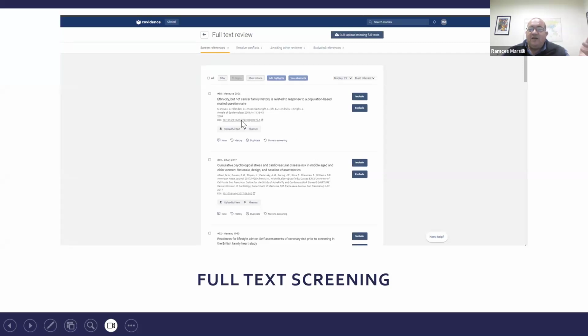And there, you have your digital object identifier or any other way to access the full text. And then once again, it's the same thing. Either include or exclude. You do have your tiebreakers or resolve conflicts. You can add highlights. You can add inclusion and exclusion criteria, and if you click on no, like exclude, you actually have a little drop down menu of your